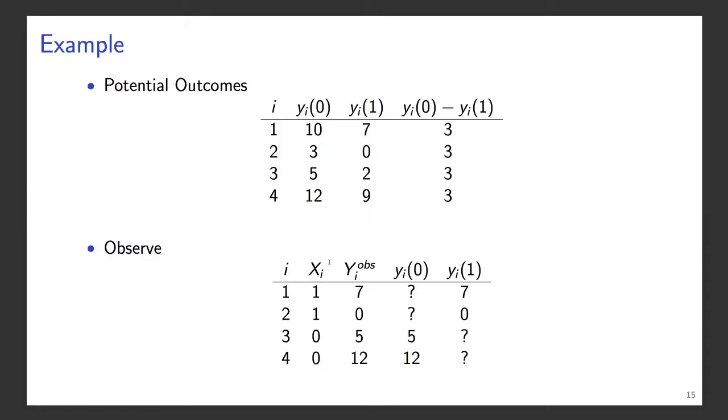But in reality, what we observe is the table at the bottom. We see whether or not individuals receive treatment, and we get to see their observed outcome. That allows us to fill in some of the entries of the science table, but other entries are missing. And the game then is, given just X and Y obs, what can we say about the average causal